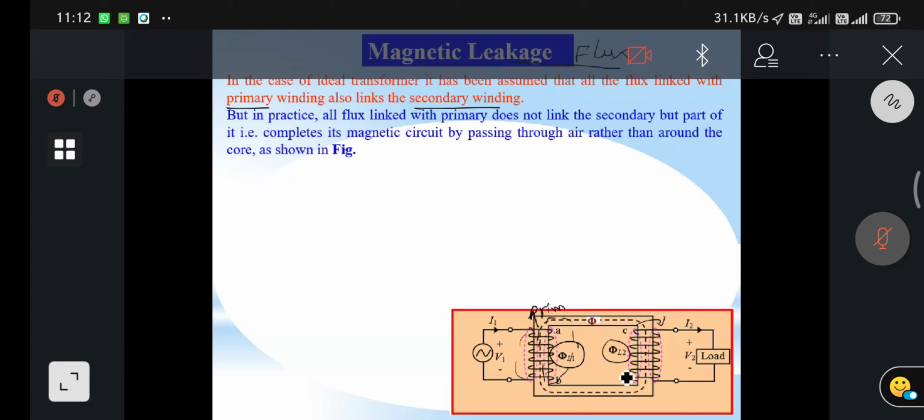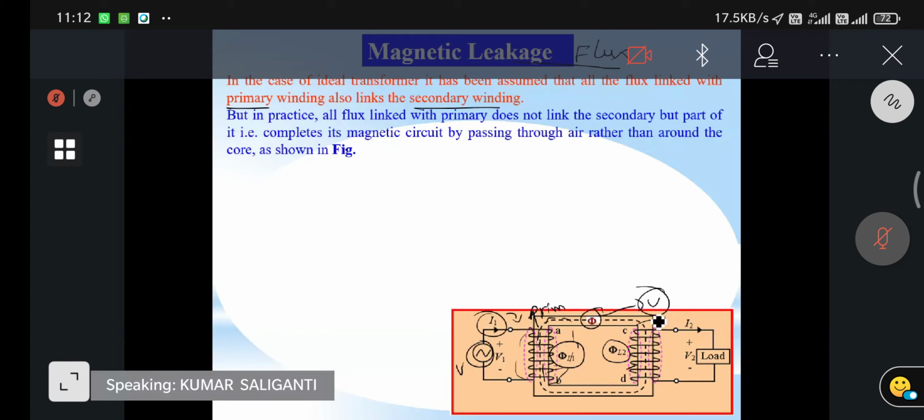You always remember that phi L1 and phi L2 are current dependent. Because of this current, the flux has to be created, but some amount of flux will leak through the air. But what about the main flux? This is voltage dependent. This voltage causes the current, and when this current flows through the winding, the flux is present. That's why this main flux is always voltage dependent. So phi L1 and phi L2 are current dependent, meaning dependent on I1 and I2 respectively.